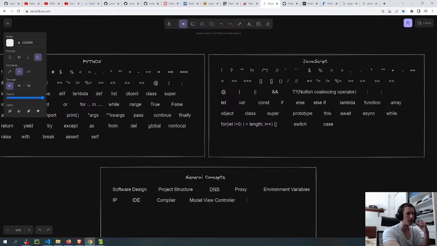Yeah, here I think I can search for multiple different design methodologies and methods and things like that, and I can put them here. And also search for everything that is related to how the computers communicate and find each other through the internet, using DNS, proxies, IP addresses, and routers, and the protocols of communication as well.